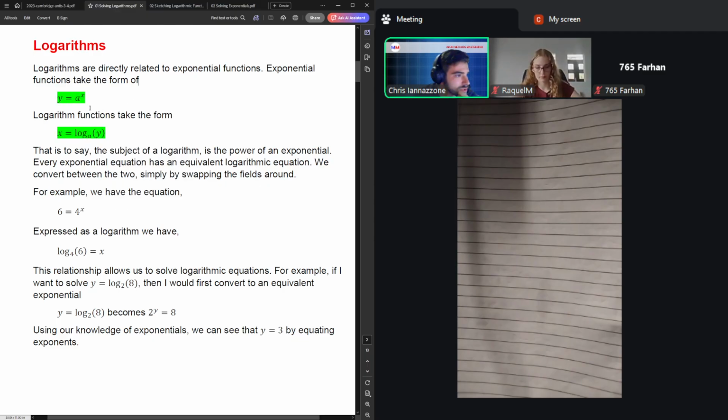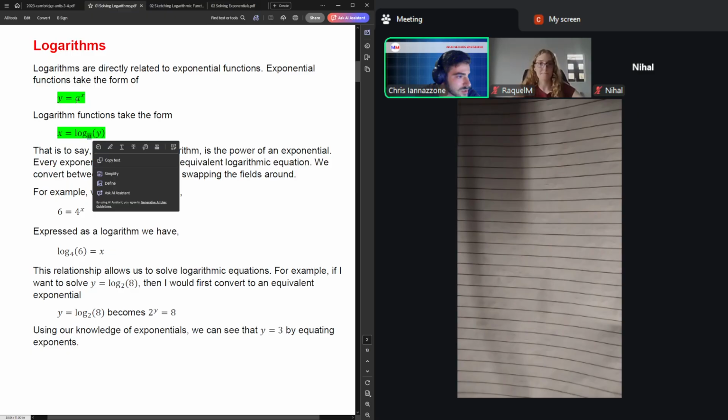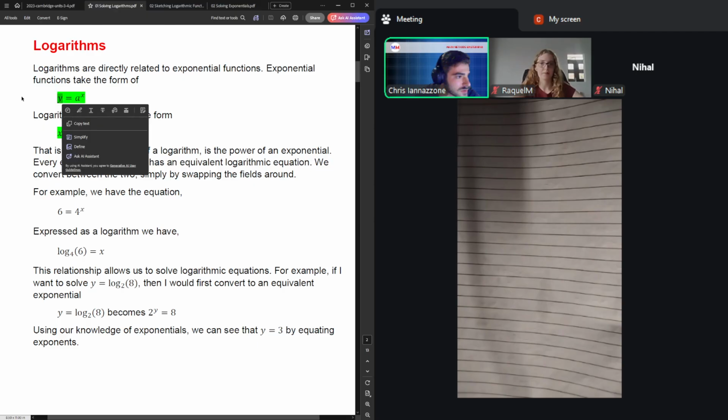As for the conversion, I've used the same terms in both of these statements here. All you're doing is putting the a in the base of the logarithm. So the notation there is log base, and then bracket. The base of the logarithm is exactly the same as the base of the exponential. The index is the subject of the logarithm equation, and whatever the subject was of the exponential goes in the